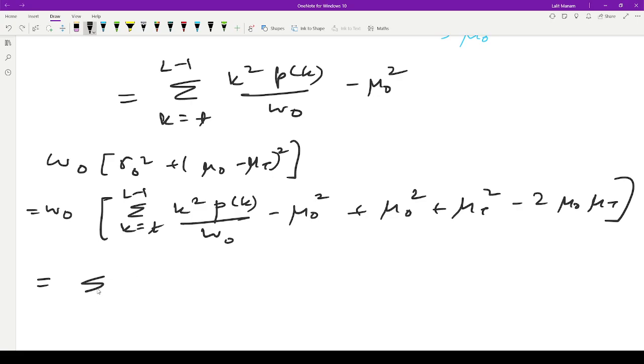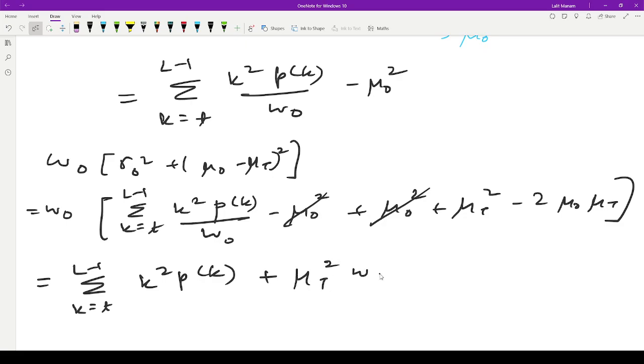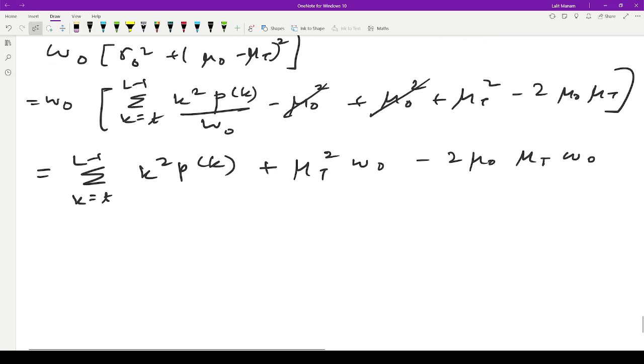Okay, I'll just multiply it directly. So it is sum of k squared pk, the mu naughts are cancelled, plus mu t squared w naught minus 2 mu naught mu t w naught. So I'm just doing algebraic manipulations out here. And similarly for the next one,